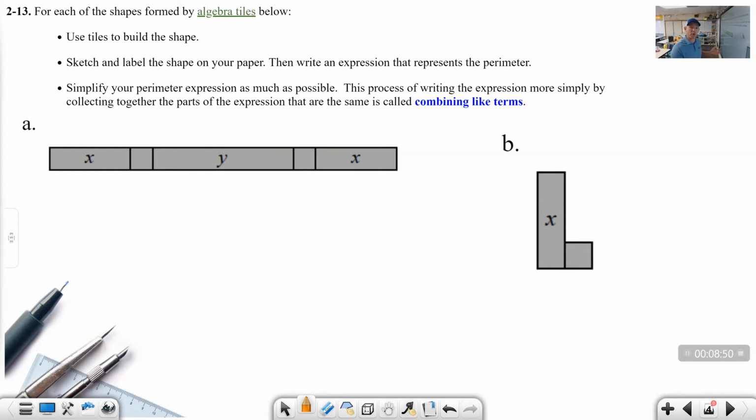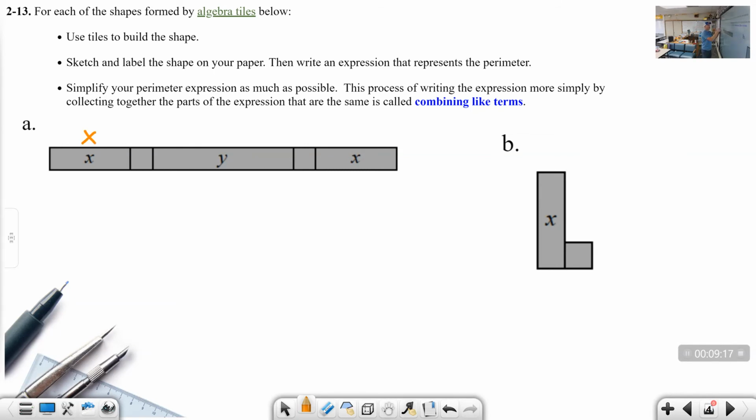Oftentimes when we're dealing with perimeter, we're talking about fencing, we're talking about siding going around a house. Have you ever noticed houses are never just a square or rectangle? They've got all these little pop outs or little edges that help give dimension and depth. They're always complex shapes. So what we're going to do is go around the shape and label